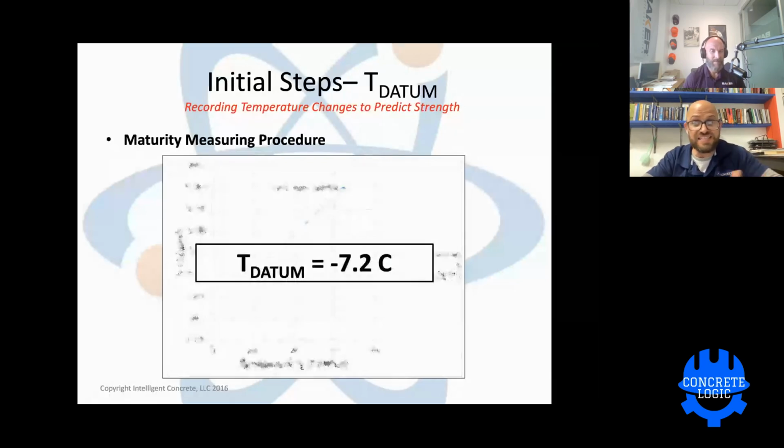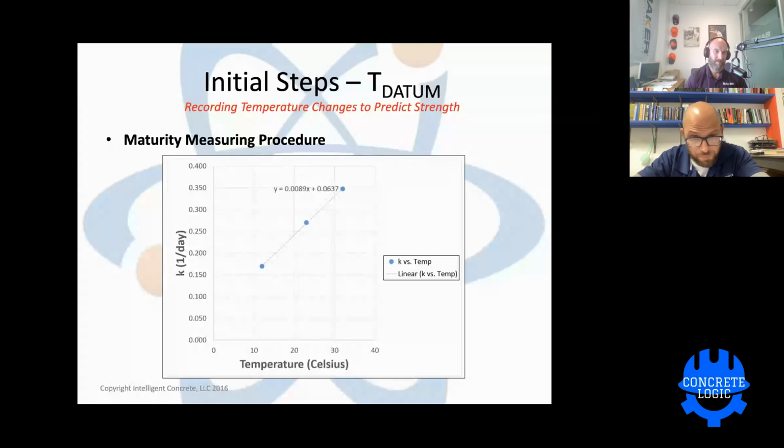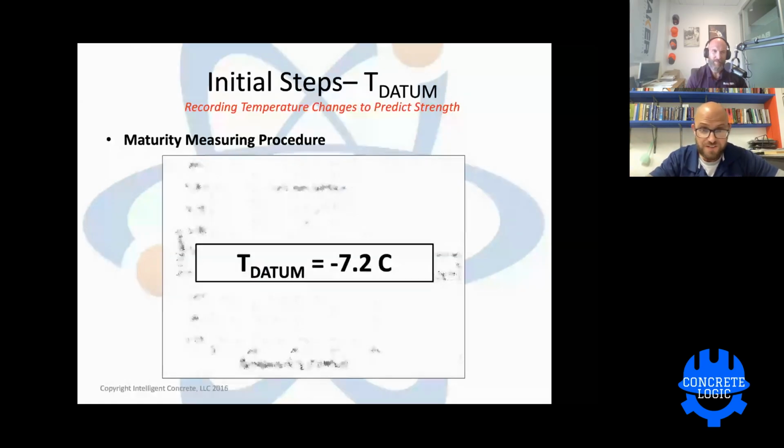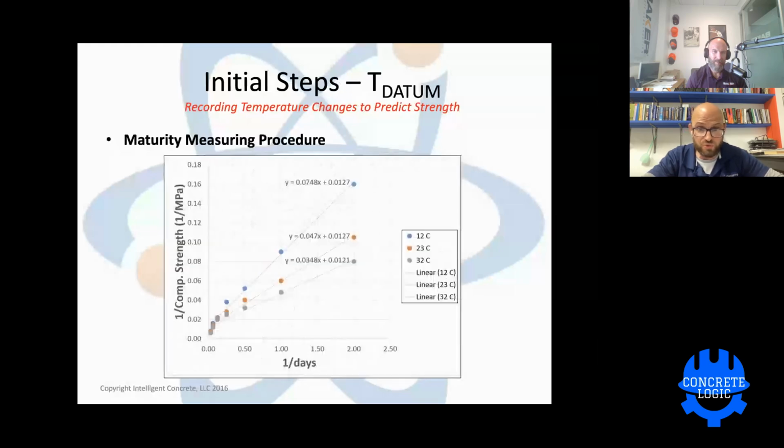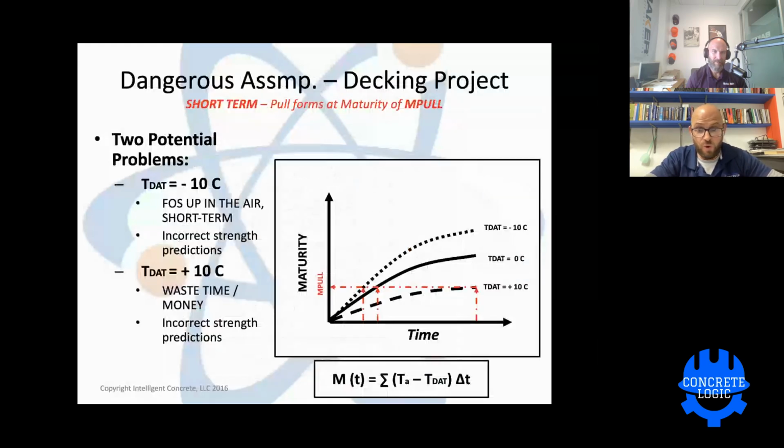And here in this case, we have a datum temperature of negative 7.2 degrees Celsius. Oh, I'm sorry, it's not going to be a y-intercept. It's going to be an x-intercept in this case because our temperature scale is on our x-axis. So if you look at the line, it's going to hit the x-axis after the 0. So if you remember this number, negative 7.2 degrees Celsius, if we go all the way back